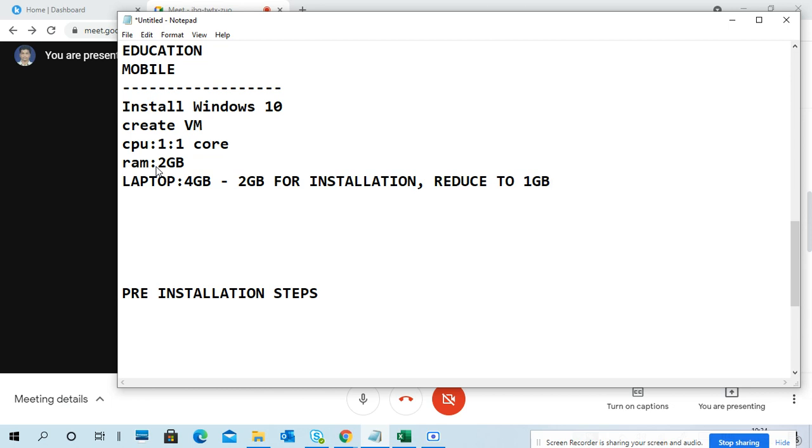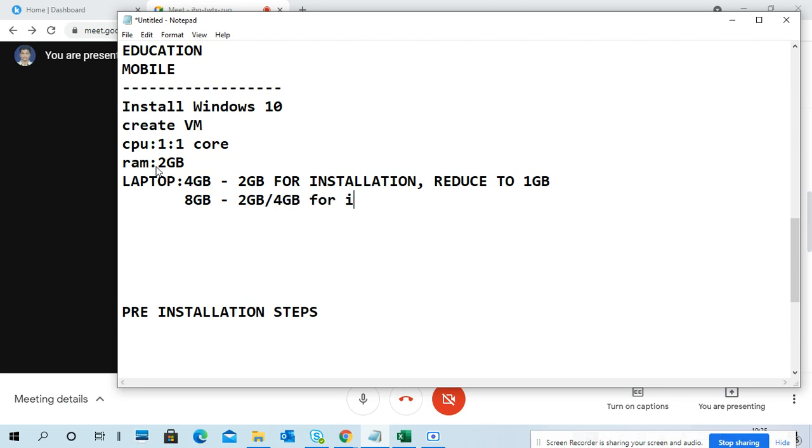For installation it will be fast. For example, if your laptop is 8 GB, start with 4 GB, or 2 GB, 2 GB or 4 GB, for installation, then change to 2 GB only. 2 GB is enough to run.